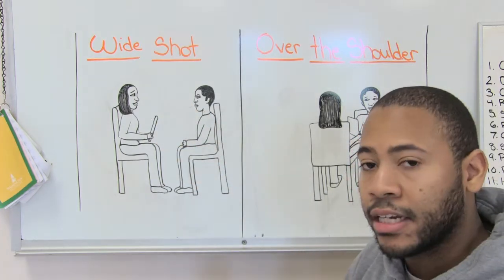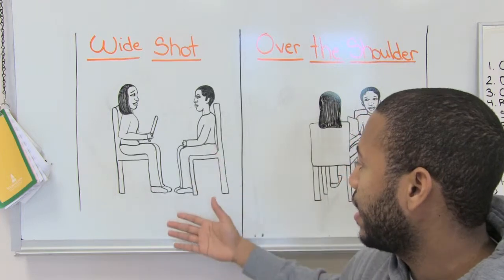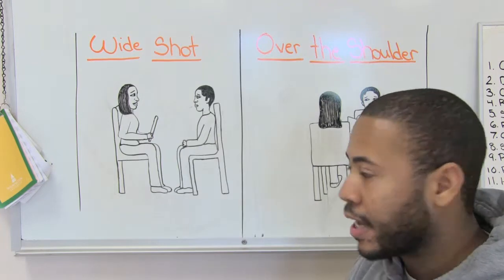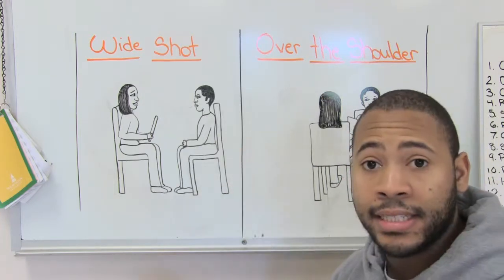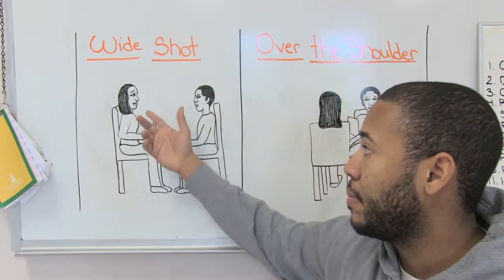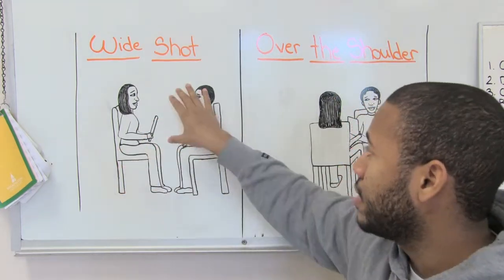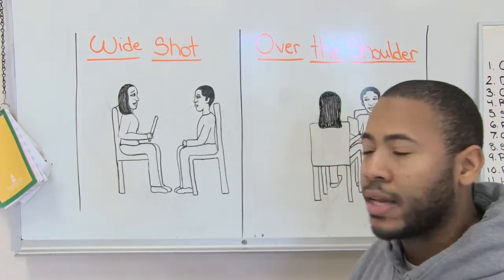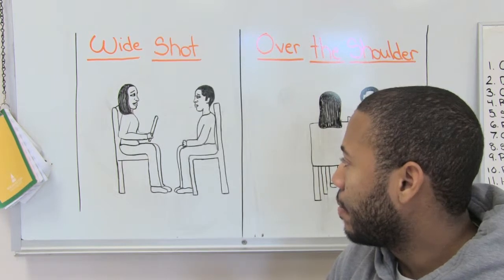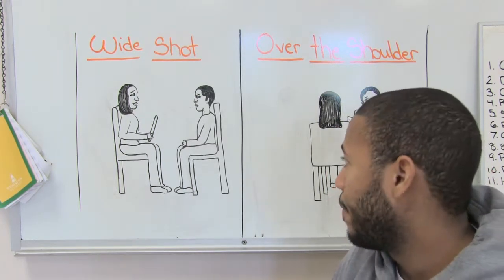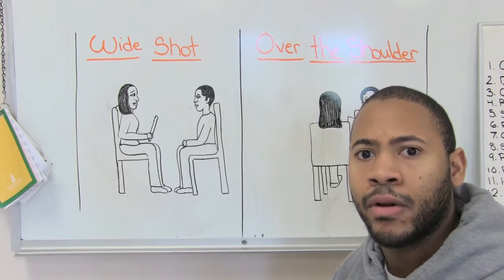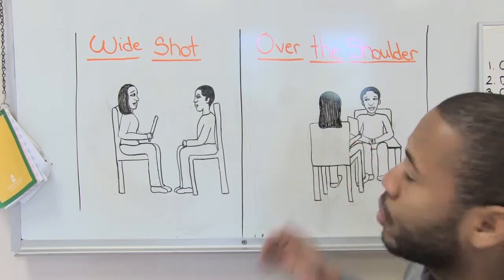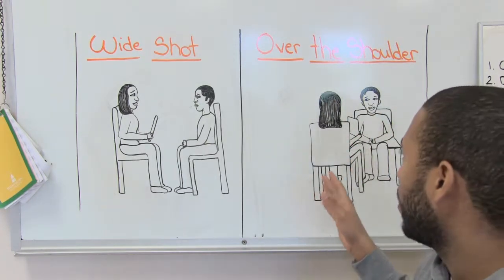It's a good perspective for the audience because they can see it's a full body shot, which is why it's a wide shot. You get the head and toe of the subject, and you can see whatever's going on within that interview. She could be asking him a personal question, and what you couldn't see on a headshot, you can see maybe he's fidgeting with his hands. Who knows? So it can give the audience a perspective of, is he telling the truth, or wow, that was a cutthroat question. You get to see all that when you get a full body shot, as opposed to your over the shoulder shot, which is another good shot used in interviews.